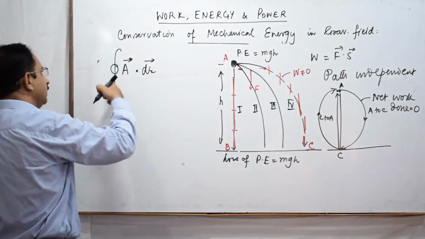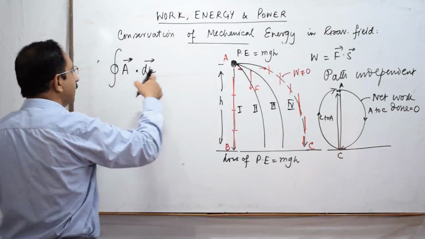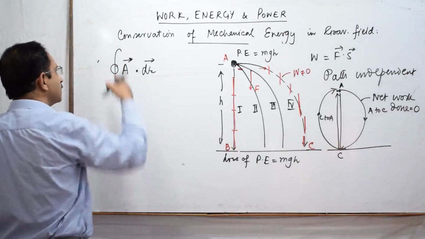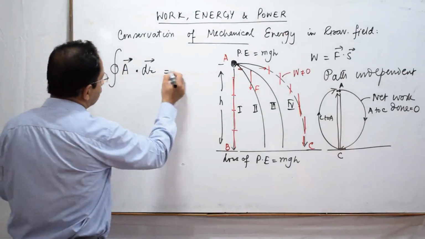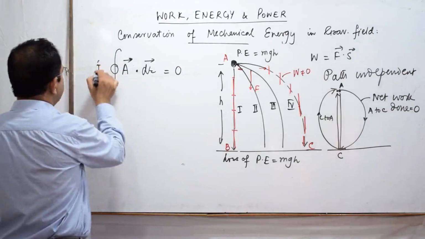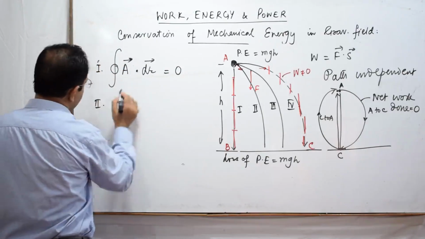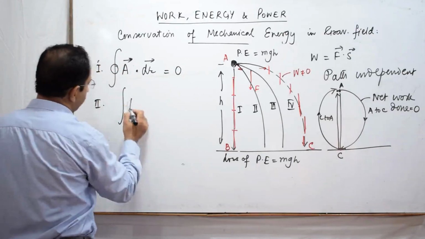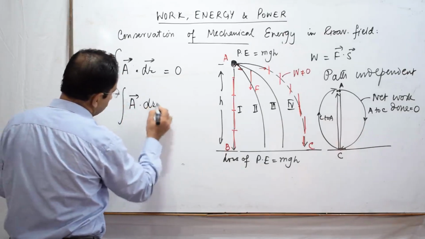देखिए, इसको हम line integral कहते हैं. This is a length element, dr is a length element, और this circle indicates a closed path. This should be equal to 0. तो पहली property. दूसरी property, if we take the line integral of this vector A and around the path which